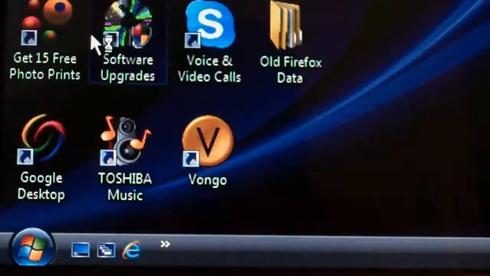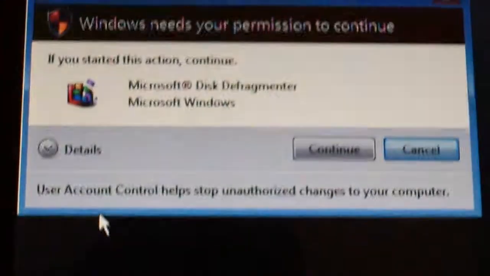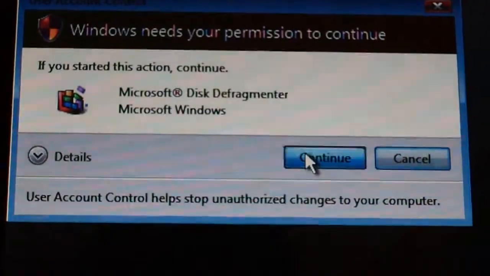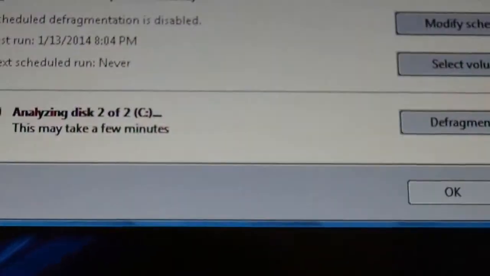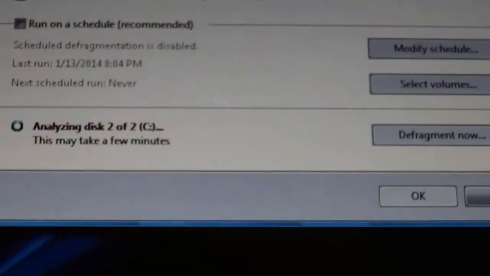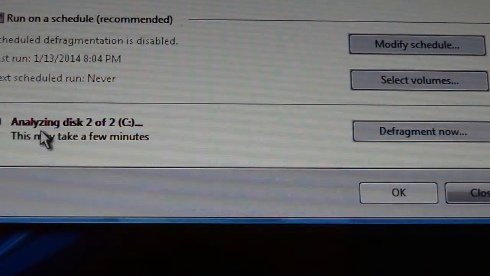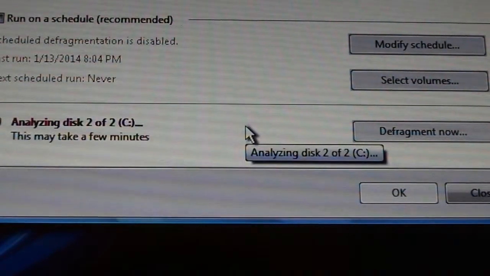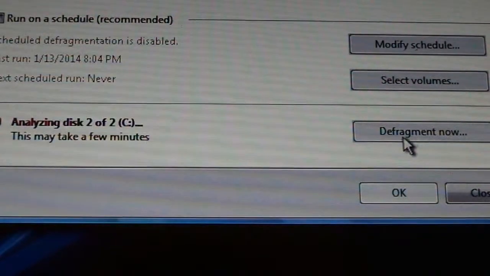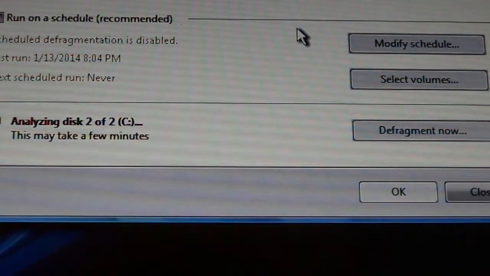Let's go disk defragmenter. Okay, basically it's going to ask, okay, do you want to continue? You know, and we do. Alright, now I'm going to bring this over to here. It's going to say select volumes. Right now it's analyzing. It says analyzing disk 2 of 2. Okay, it's analyzing it for you to see if it even needs to be defragmented. Alright, and then you're going to click over on defragment now. You know, well, this being Windows Vista, yours may be a little different. Basically, you're just going to tell it, yes, go ahead and